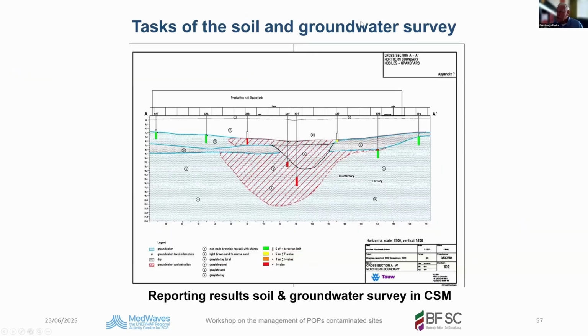So task soil survey. Here is a cross section after the phase 2 is carried out, and here you see the very detailed information on this cross section. This was an impermeable layer being interrupted. Here was my contaminated groundwater, and here is the groundwater under the clean soil layer,